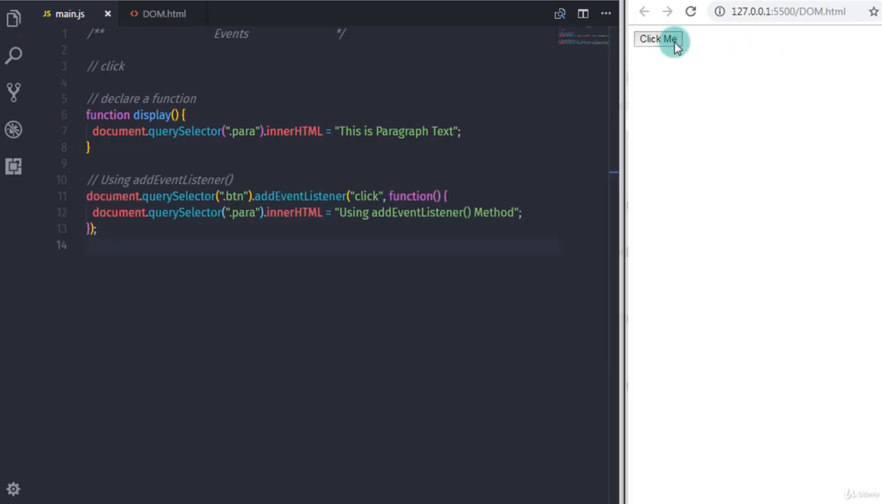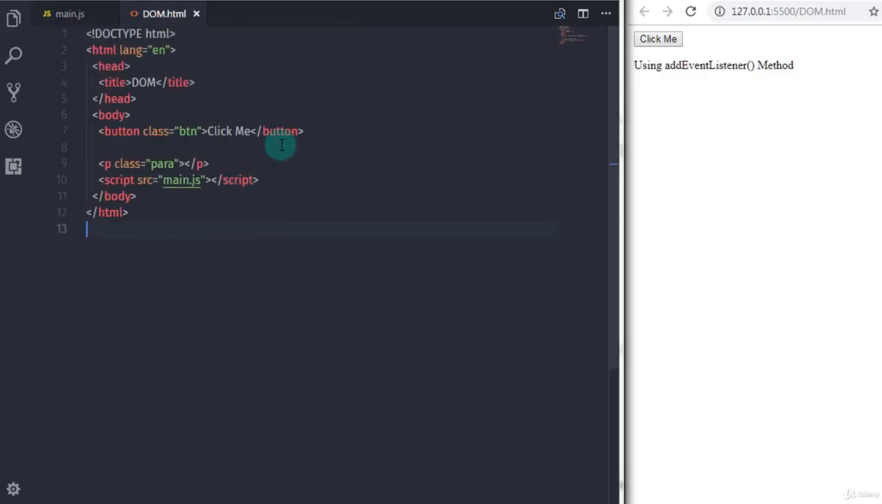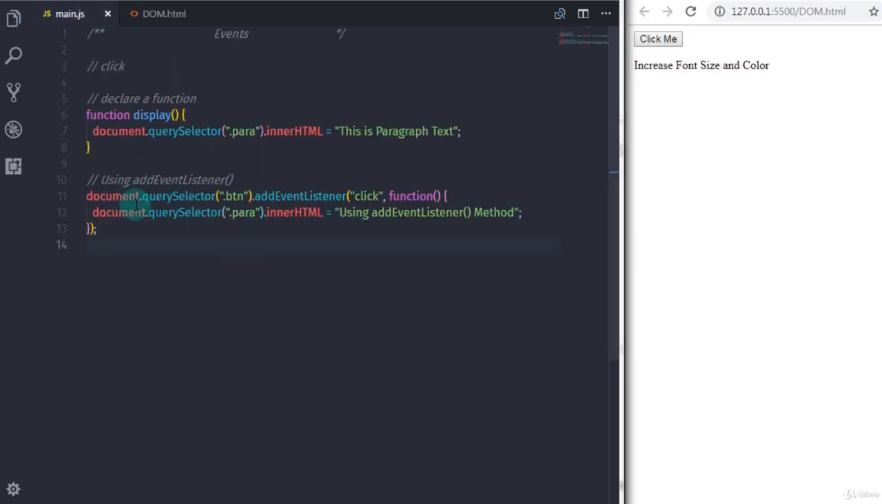Using the addEventListener method, you can specify any event to the HTML element. You can also specify styling to your HTML element just like this. So in the dom.html file, I will specify some demo text to the paragraph. So I will just say increase font size and color. And in the main.js file, I will just comment this statement and say